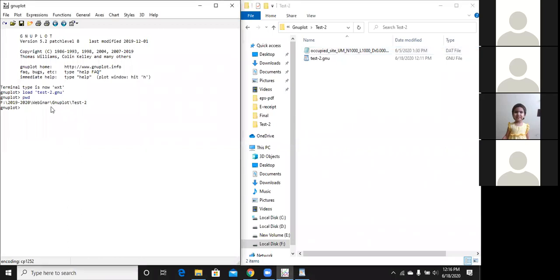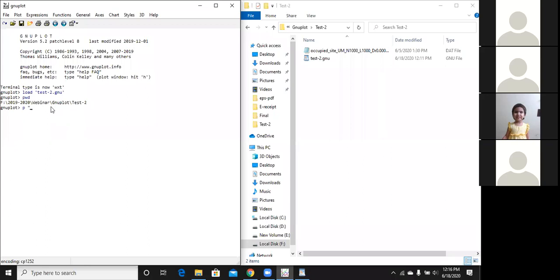Please type plot, then a space, then an inverted comma, single or double, anything, then put a double inverted comma.